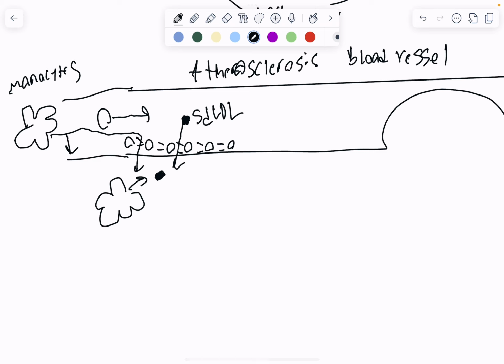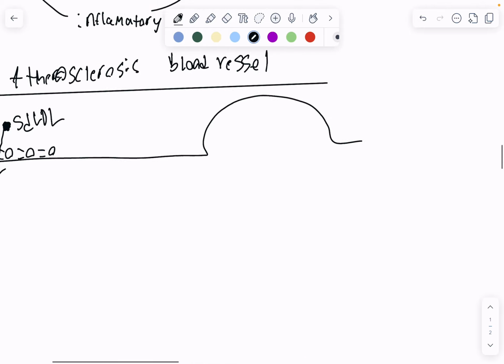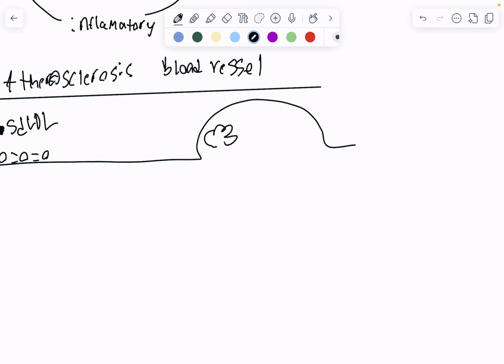I forgot to mention that the SD-LDL gets oxidized whenever it gets past the epithelial lining, and when the macrophage engulfs the oxidized SD-LDL, it creates a foam cell, which is actually what is deposited at these atherosclerotic lesions. So these foam cells